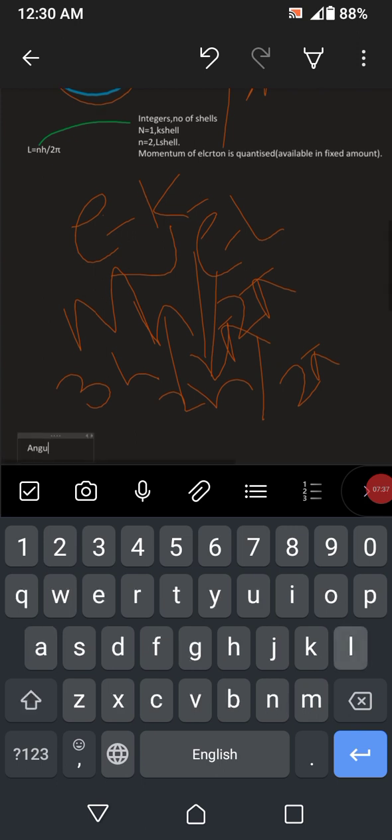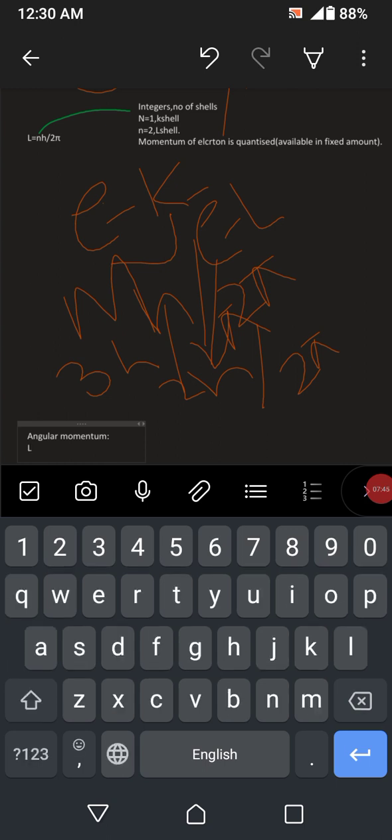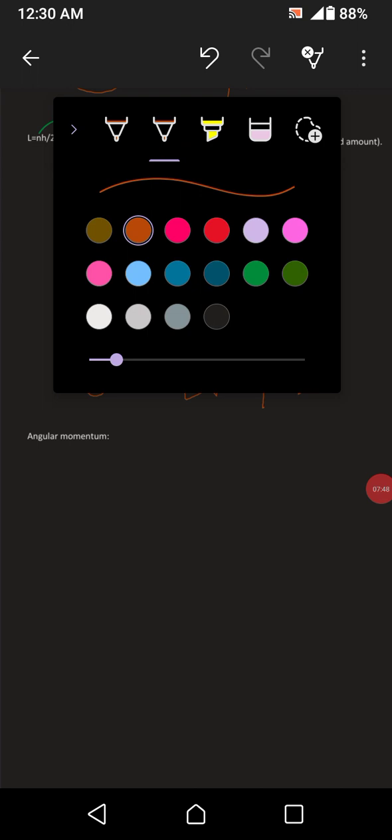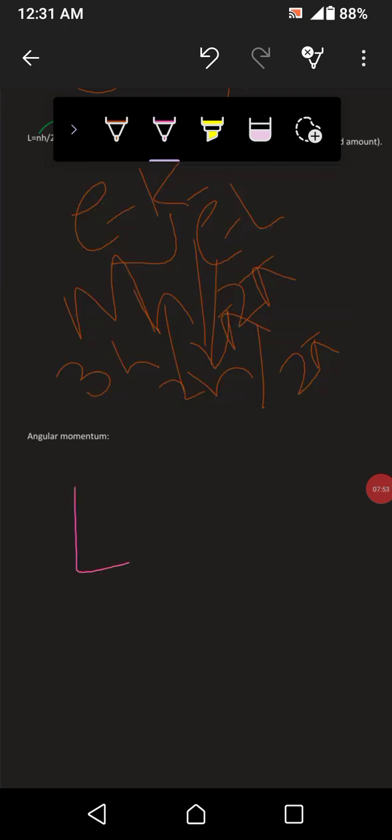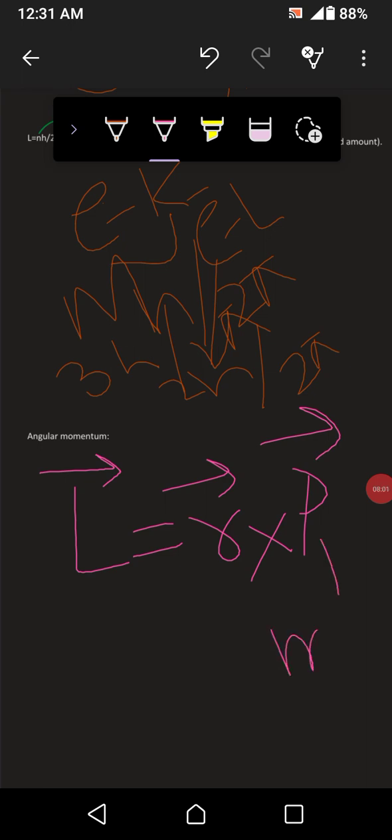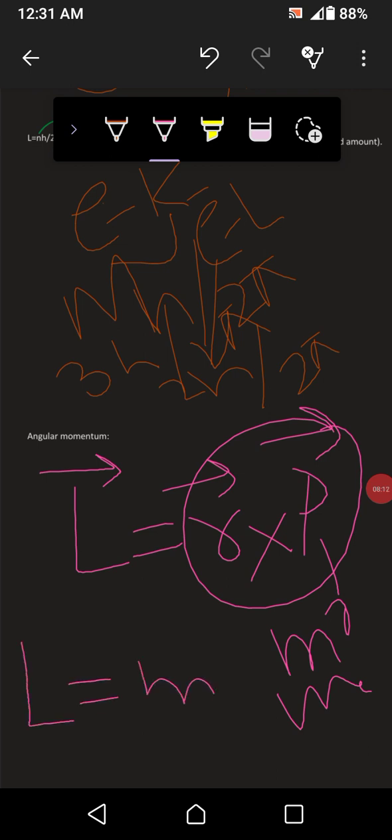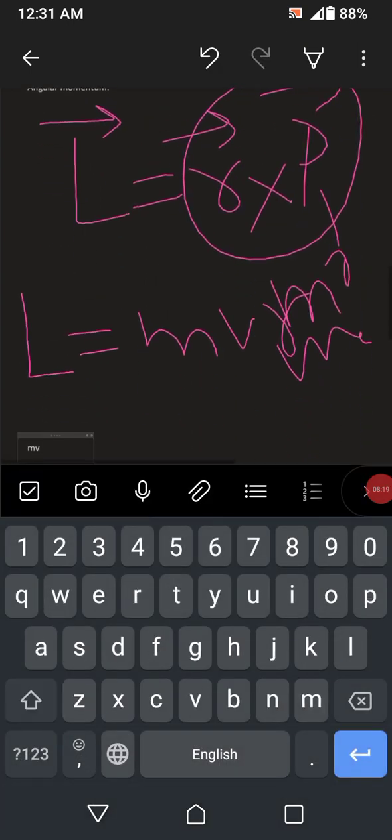So angular momentum we have discussed in our previous physics videos. Over here, angular momentum is denoted by L, which is equal to r times p, where r is the radius and p is the actual momentum. This L is the angular momentum, and momentum is equal to mv, so L is equal to mvr, which means angular momentum is equal to mvr. And with respect to this, mvr equals nh by 2 pi. This is equation number 1,